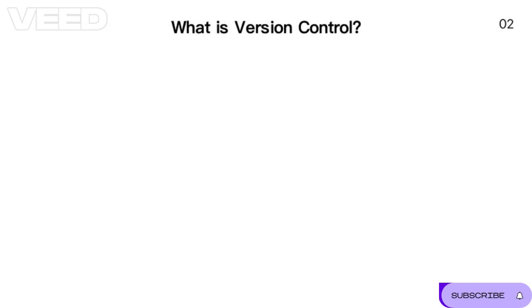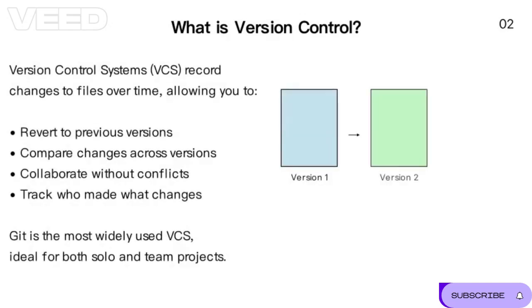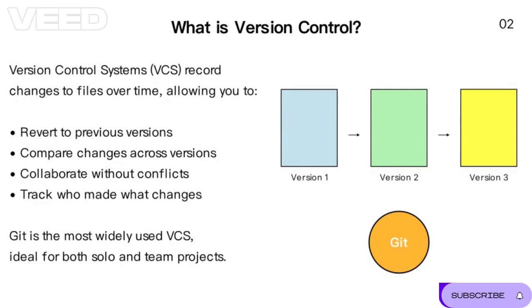Version control systems are essential tools that record changes to files over time. They allow you to revert to previous versions when something goes wrong, compare changes across different versions to see what has been modified, and collaborate with others without overwriting each other's work. You can also track who made specific changes and when they were made. Git is the most popular version control system today, used by millions of developers worldwide for both individual projects and